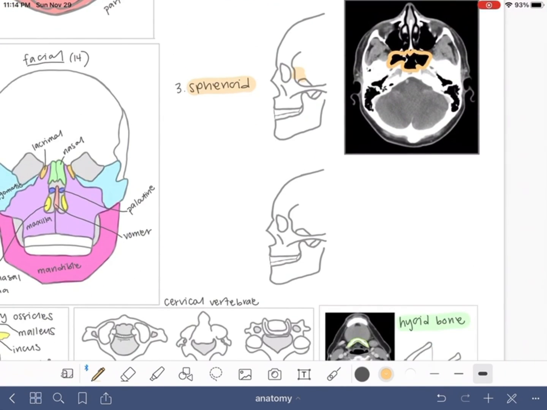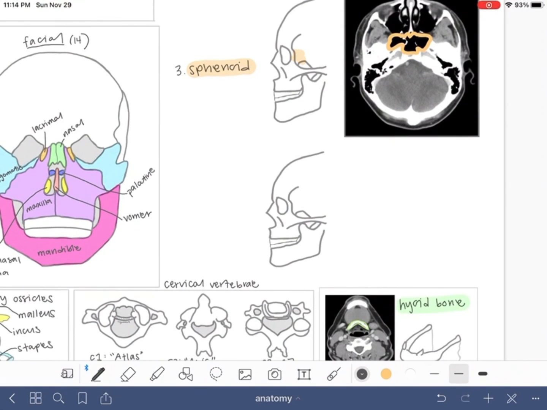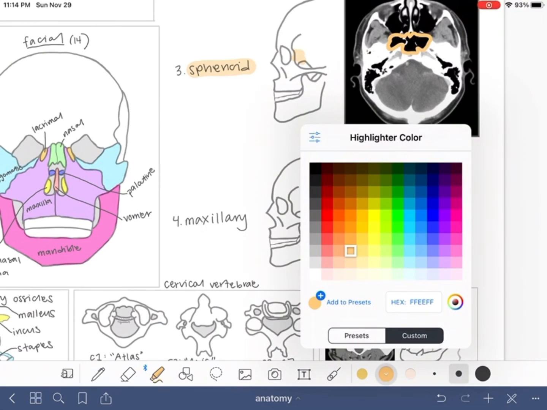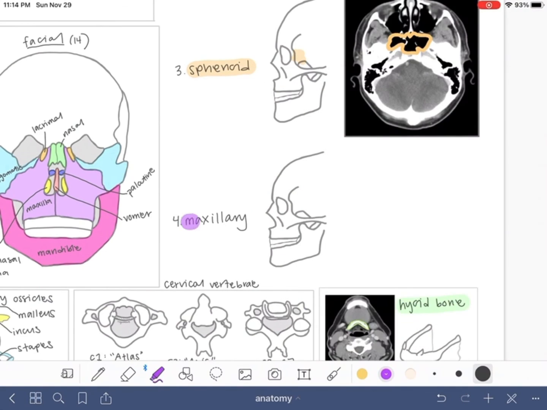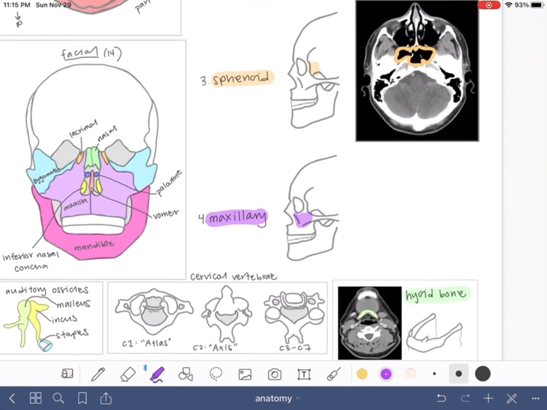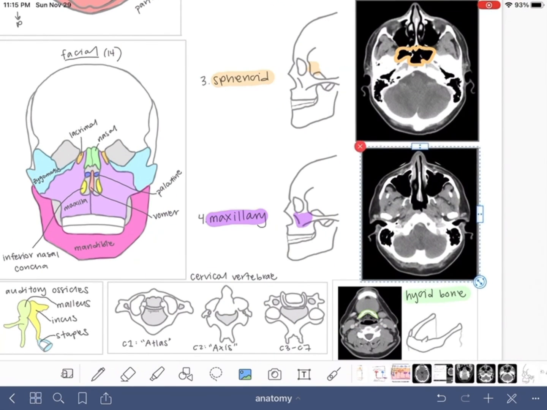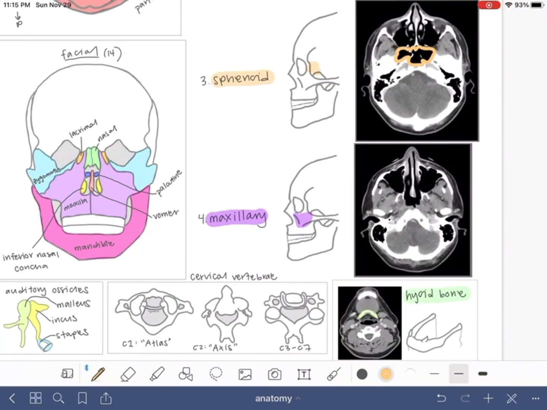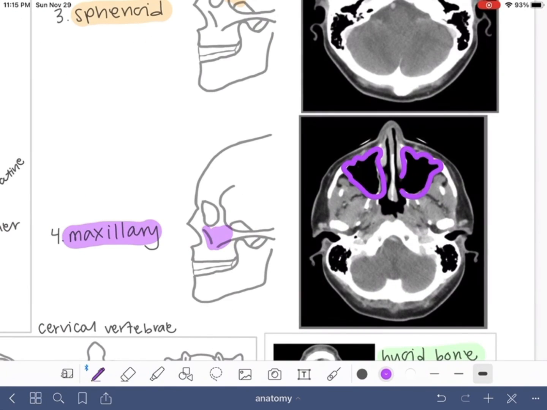And then lastly, we have the maxillary sinuses, located kind of towards the front of our face in the maxilla facial bones. You can find the blank note page, like before I started on this lecture,